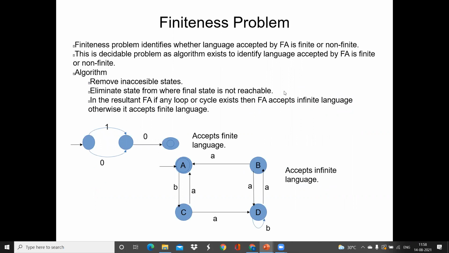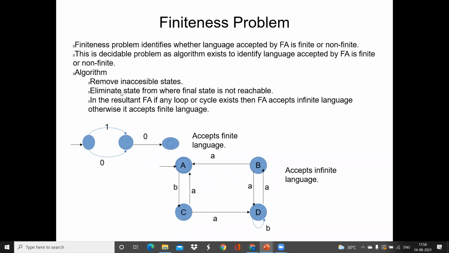Then the finiteness problem. Here it will check whether your finite automata accepts a finite number of strings, that is, whether the language which the finite automata is accepting is a finite language or not. When your finite automata has a loop, that means it accepts an infinite language. If there is no loop, it means it is a finite language. So here also you have to remove inaccessible states,